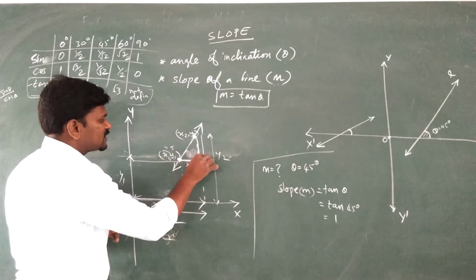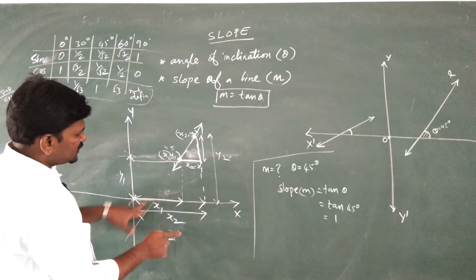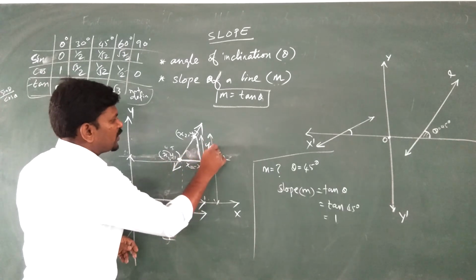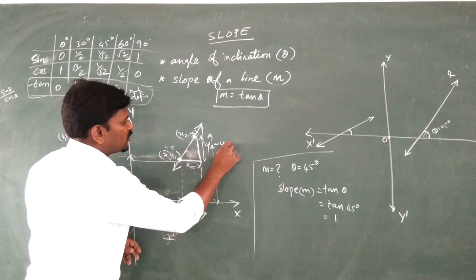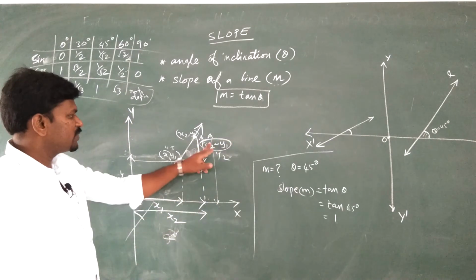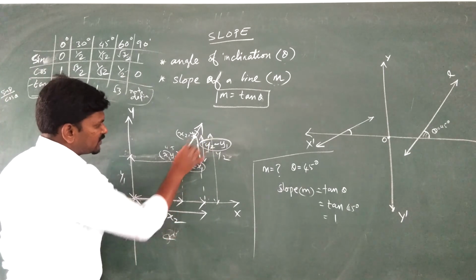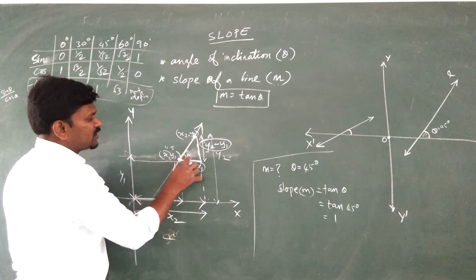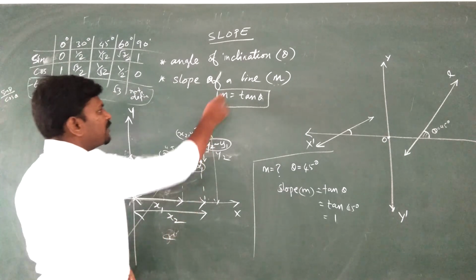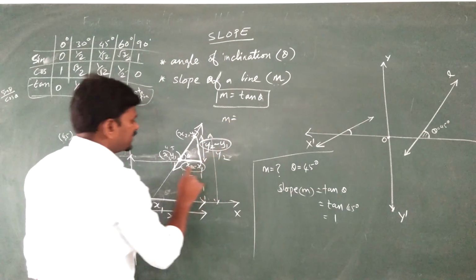Then this distance is y2 minus y1. This is x2 minus x1. So this is the angle of inclination. Here we don't know the angle of inclination, so the formula is m is equal to tan theta. So m is equal to, what is the